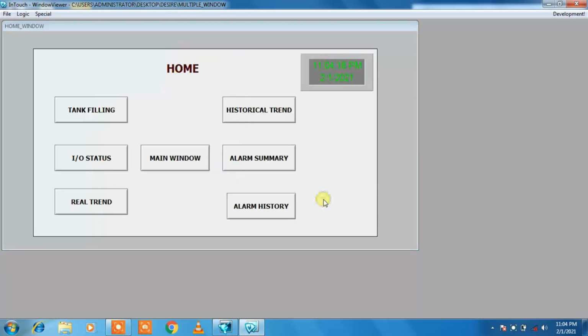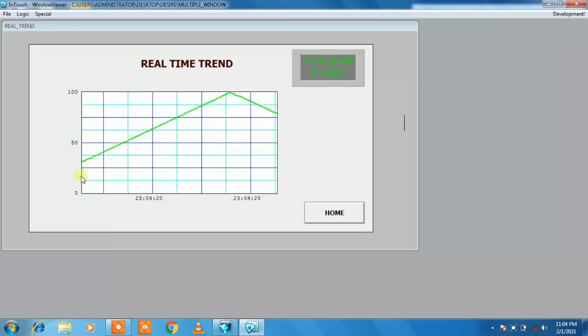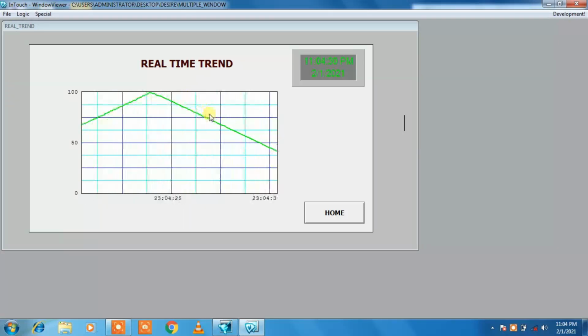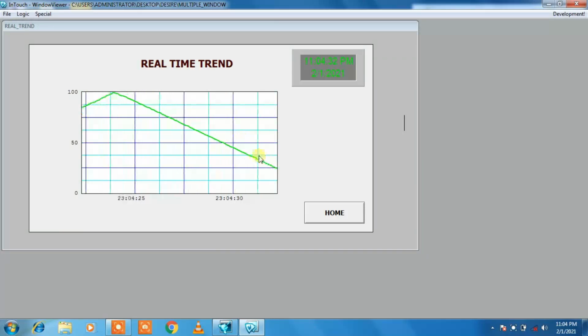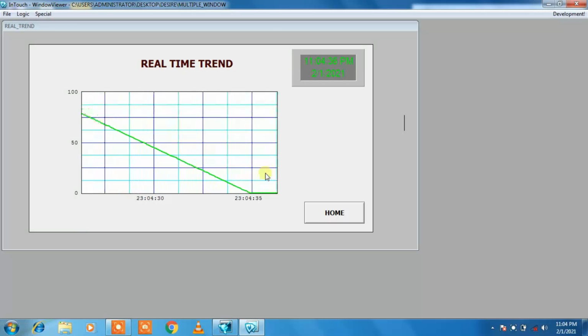Okay, so go to the home and go to the real trend window. Here you can see our tank is filled up to 100 liter. Now our tank is draining out the water from the tank. Now our tank is draining out the water. Now our tank having the value of